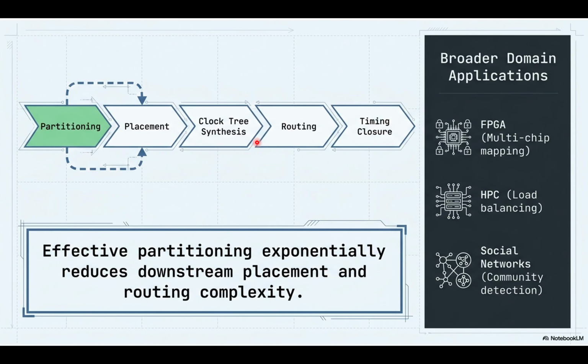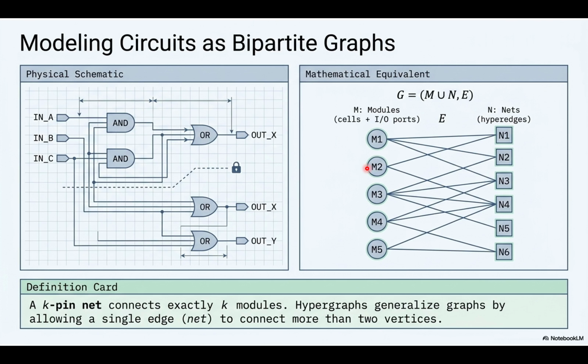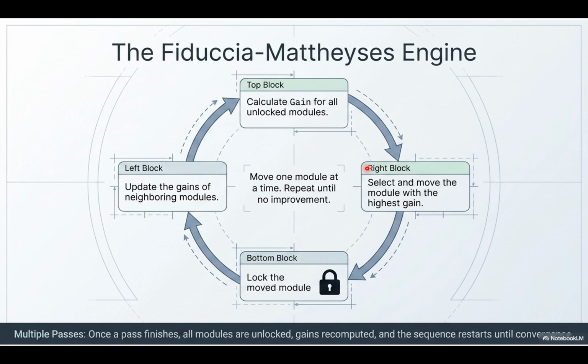If you fail here, you basically guarantee congestion and timing violations way down the line. Right, the whole domino effect. So the objective is clear. We need to divide this hypergraph into, let's say, two roughly equal blocks, while minimizing the number of nets that span across the different blocks. That's the goal. And to achieve this, the sources dive into this classic solution from 1982, the Fiduccia-Mattheyses algorithm,